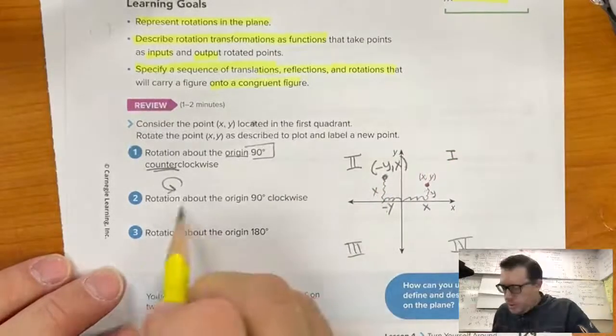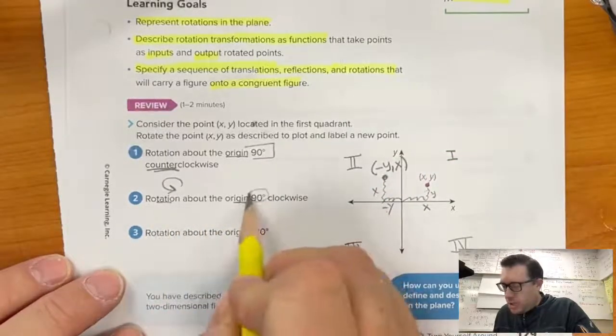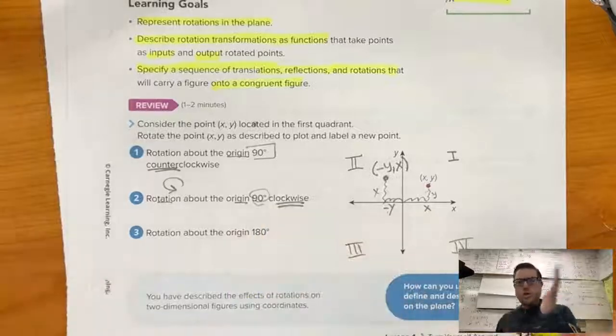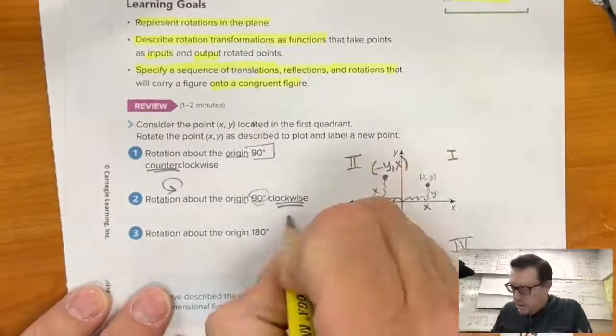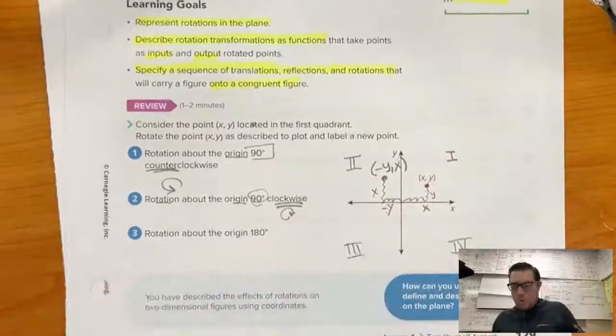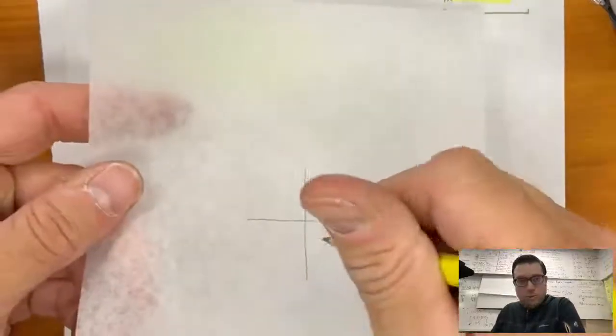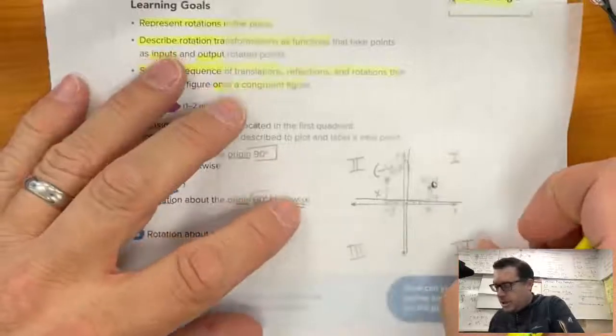The second one says a rotation about the origin 90 degrees clockwise. So that's left-handed, curling around like a clock in this direction. We already have our paper with the point plotted on it. So to do a 90-degree clockwise,